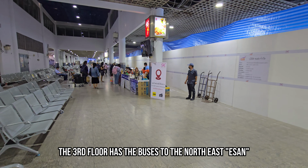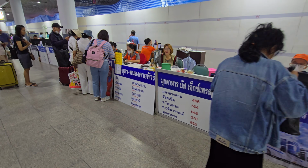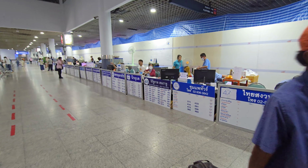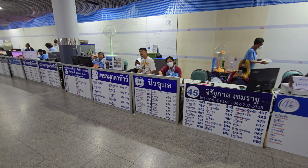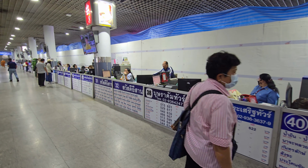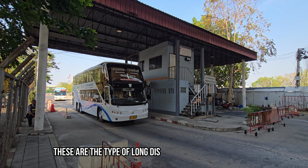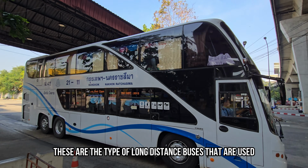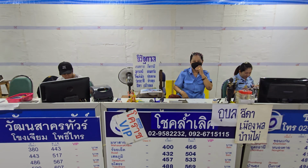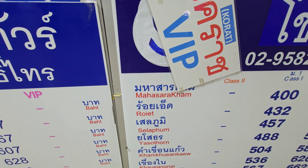So here you have all the buses that go to the northeast, so you can go to Ubon Ratchathani, Udon Thani, Mukdahan. They're all here. All the different destinations. If you stop the video, you might recognize where they go to. Hello. Here you have the different destinations, Loei, Saraburi,